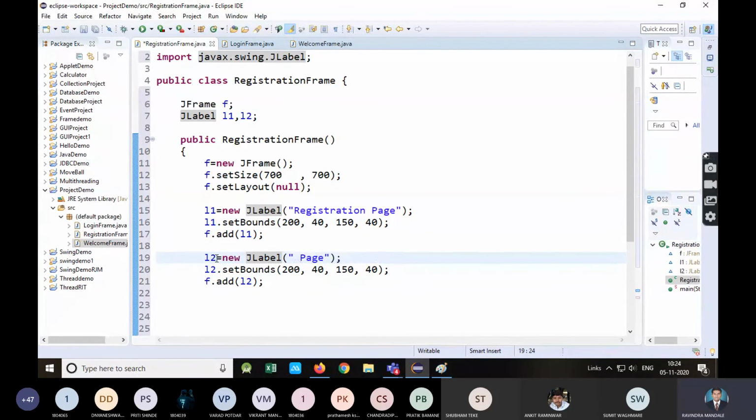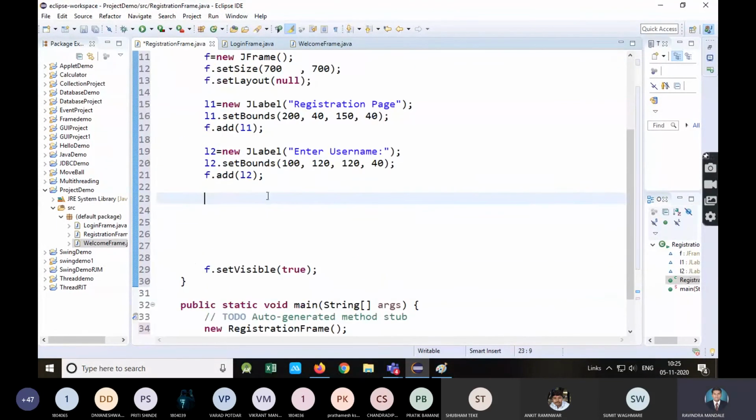What will be the second L2? Enter username. So 40, 20 I will take here, 100, 120.